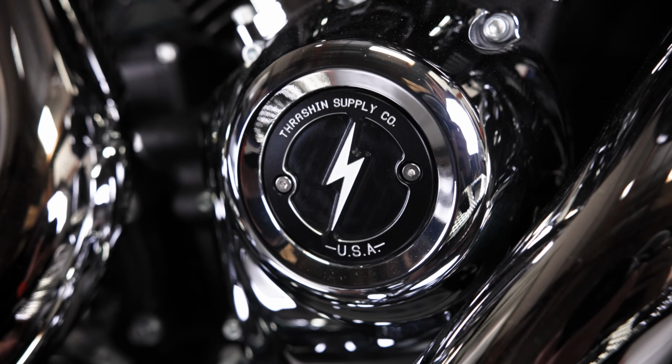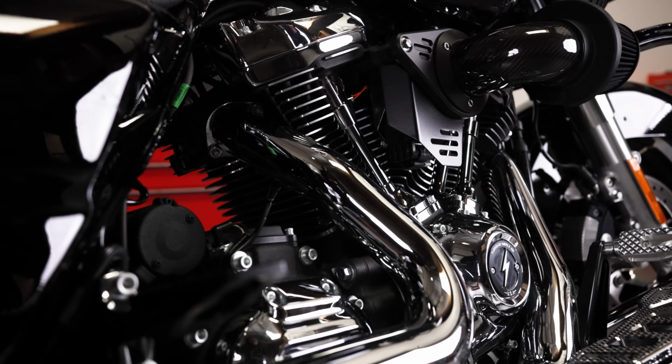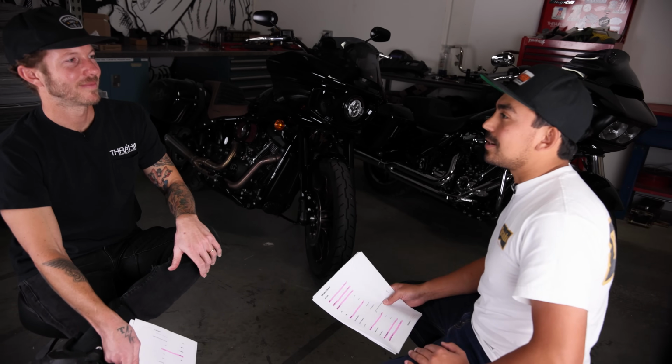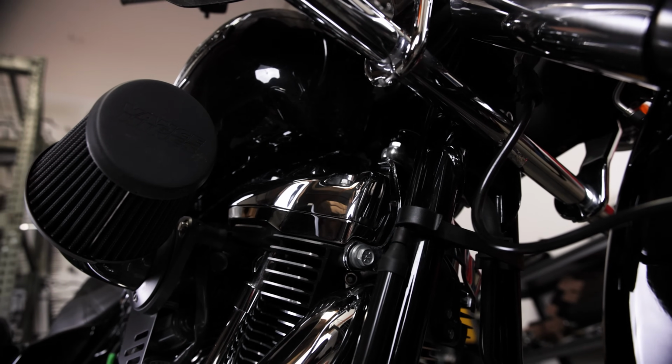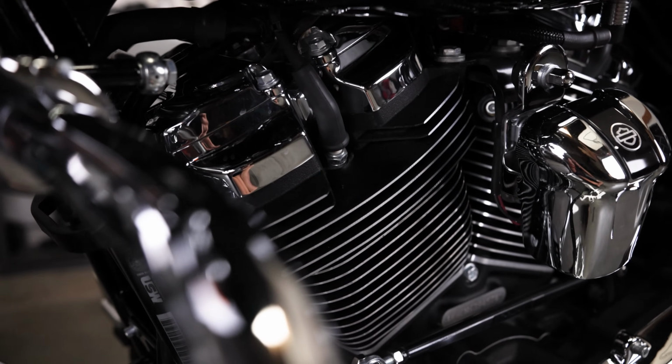Again, I didn't get this bike to set land speed records. I got it to cruise and it cruises comfortably. Yes, can it use more passing power? Absolutely. But I think that's easily remedied with some bolt-ons. But yes, okay, let's talk passing power, all of that. But at the same time, if someone's just looking for a comfortable bike to hit a couple 100-mile days, but